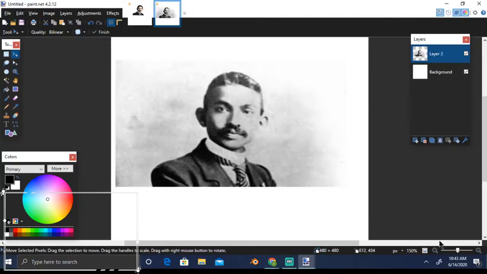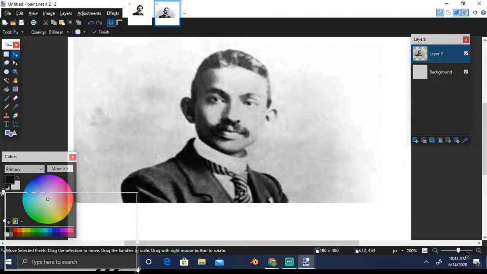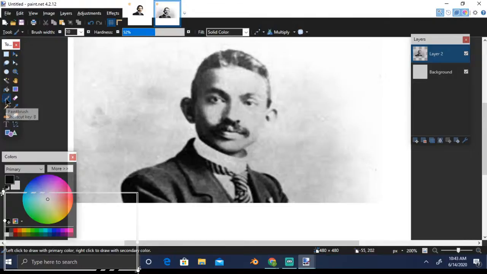Let me zoom in and try to paint his face. Again I'm telling you, directly painting is not going to give a natural look, and after that we have to do a lot of things.